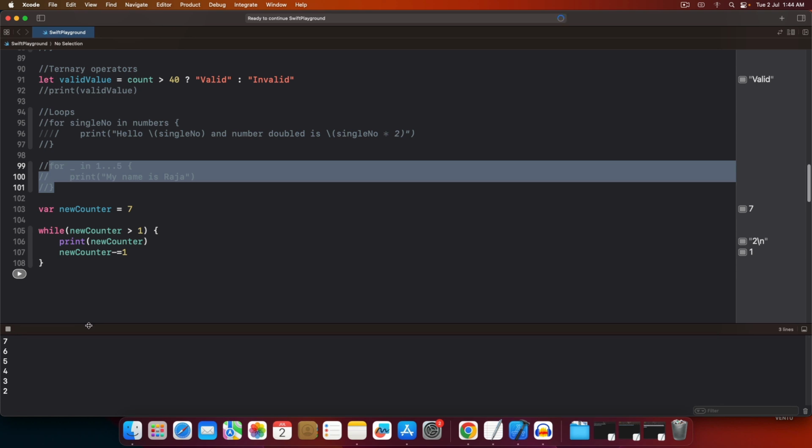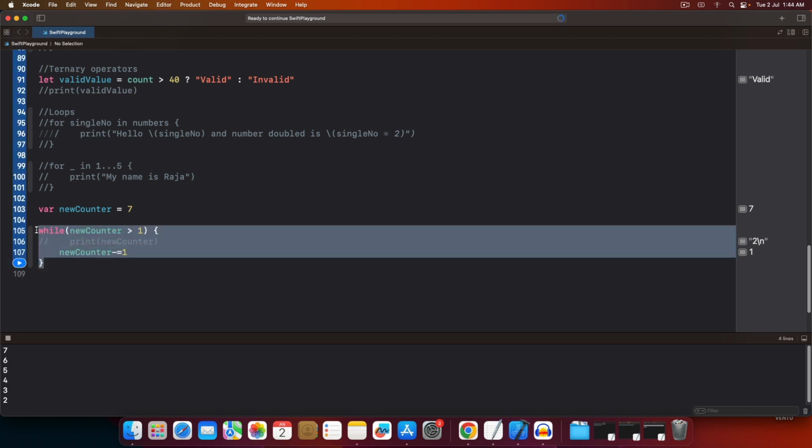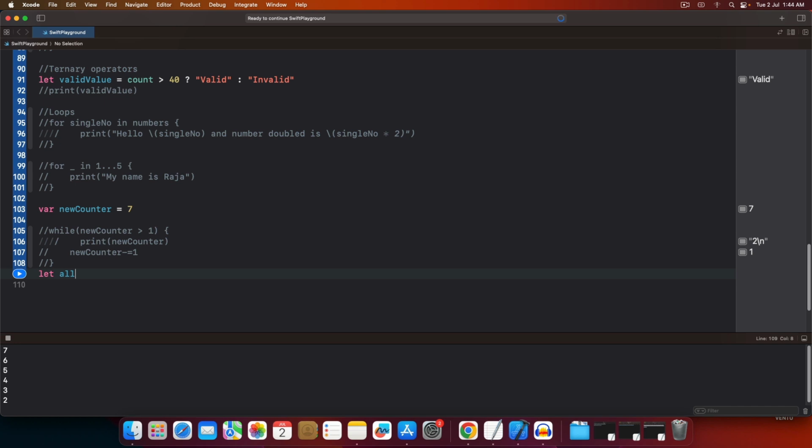Anyway, let's move on. This is the while loop, and you can also use continue and break statements to break the flow from inside a loop or to continue the flow. Wait, I'll show you. Let me do this entire thing once again. Let all numbers equal